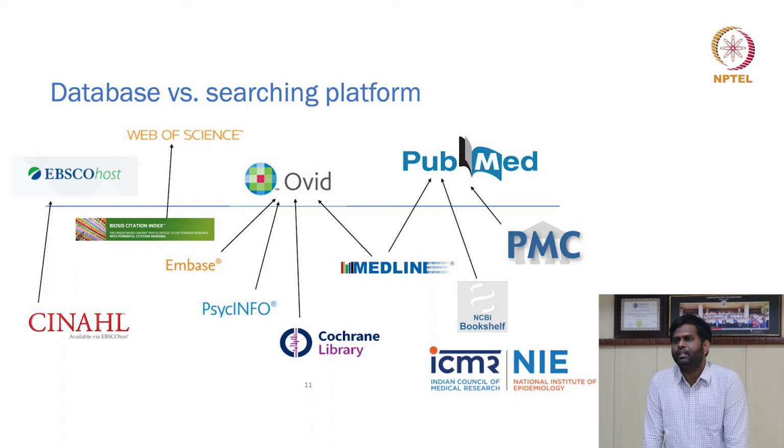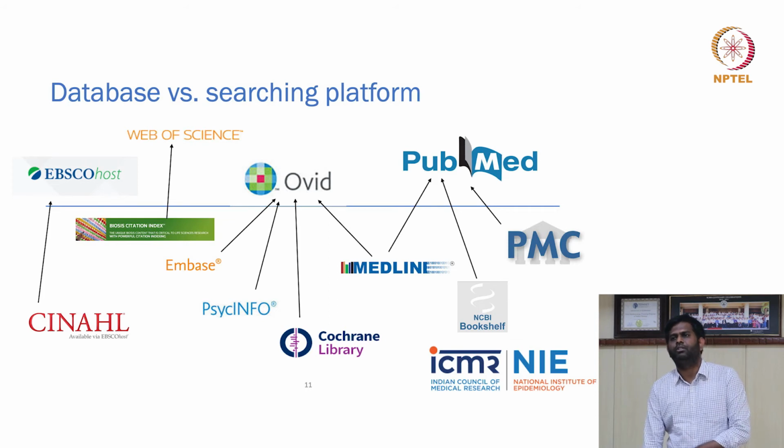We can also access the NCBI Bookshelf and also PubMed Central articles, which are open access full text articles. This can be accessed through PubMed. The same Medline database can also be accessed through an Ovid interface, and Ovid also grants access to a number of other databases like Embase, PsycInfo, Cochrane, and so on. The CINAHL database can be accessed through EBSCO search platforms. So the take-home message is we need to access multiple databases through different search engines.